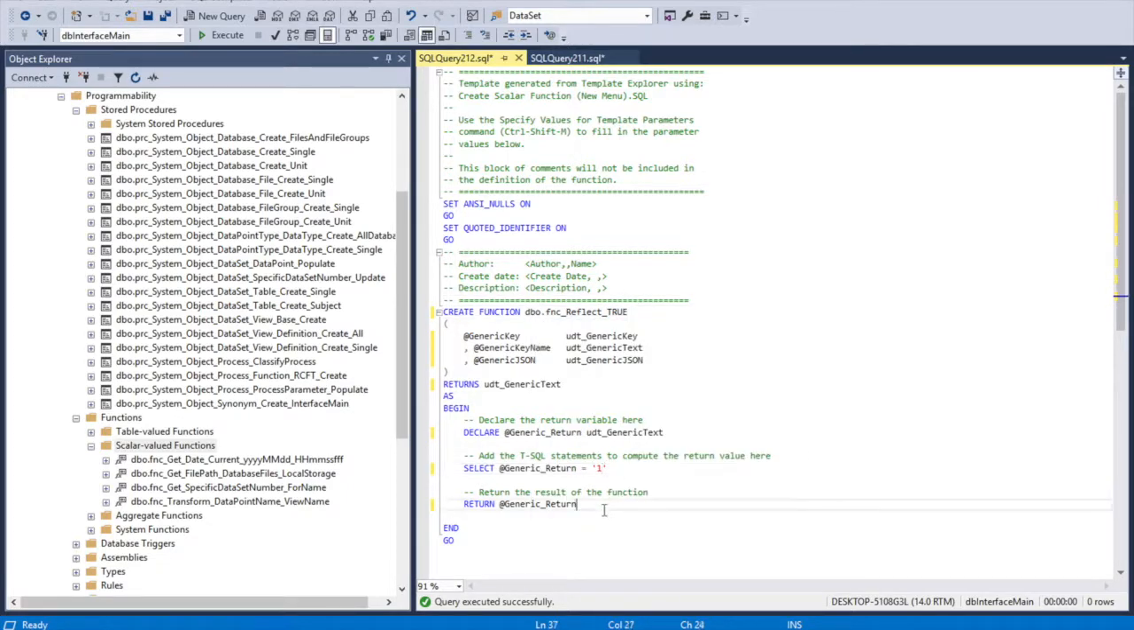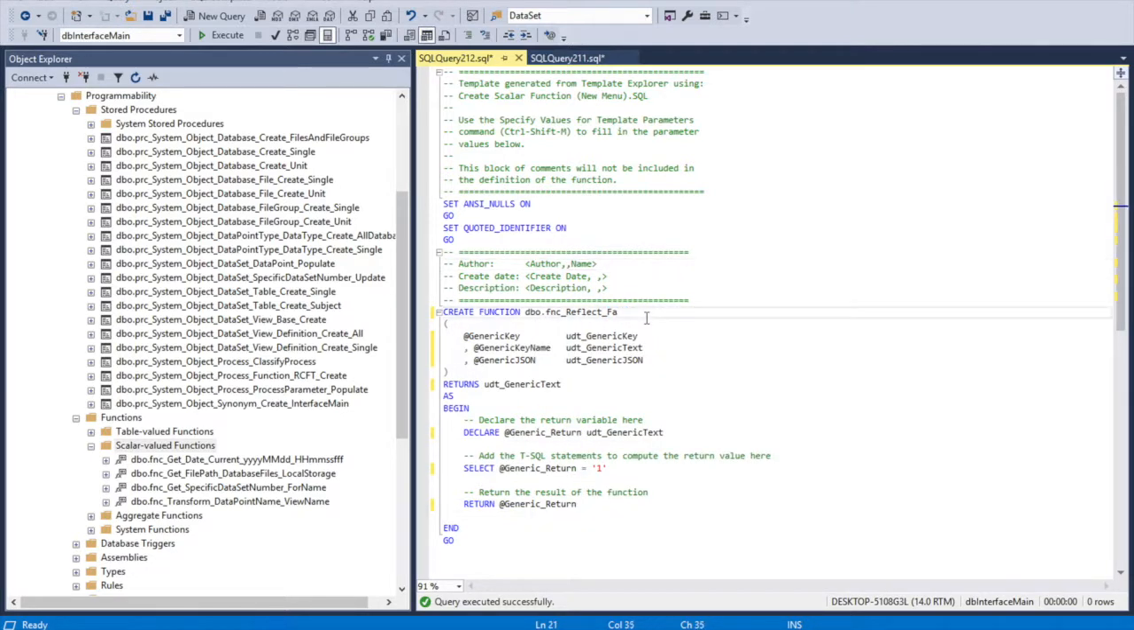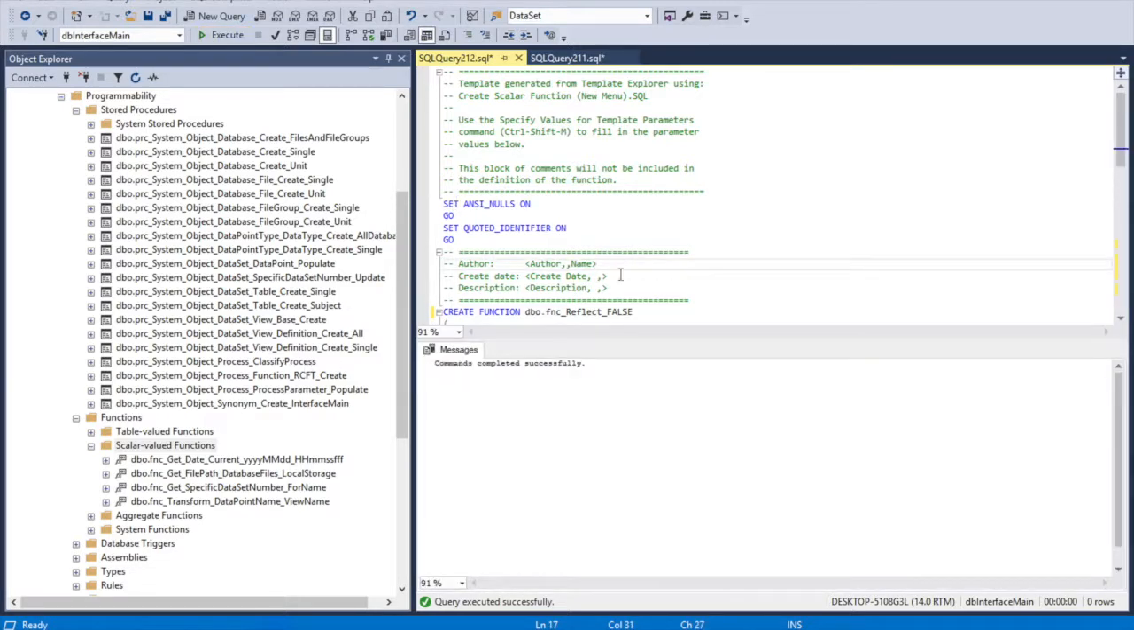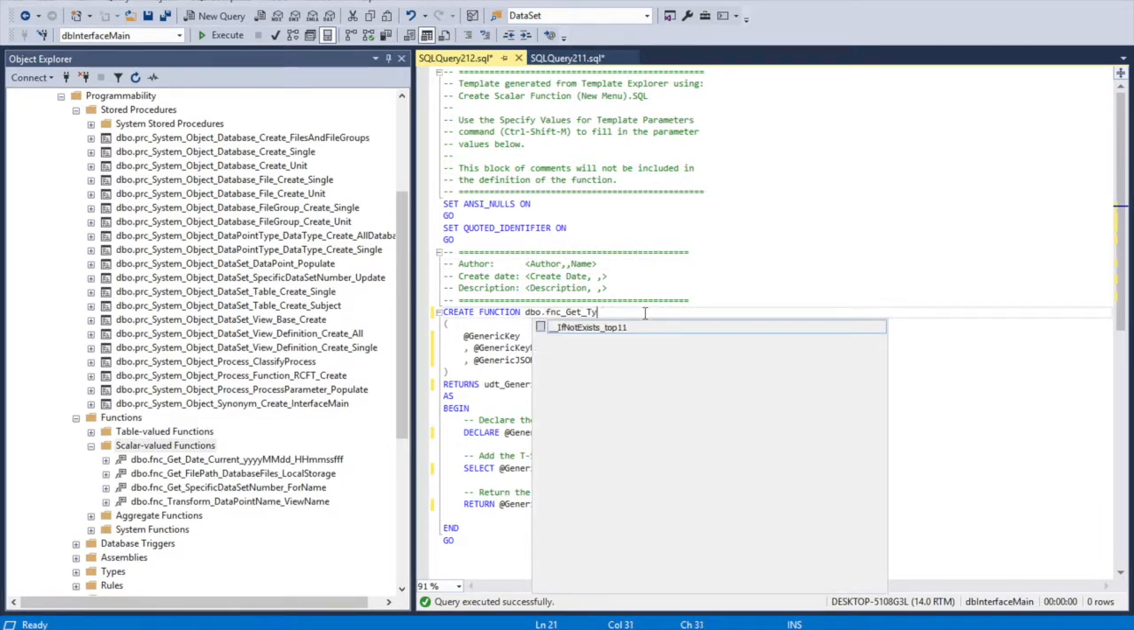and basically just replace null with true and null with 1. Save it, do it again for false. Actually, it should be capitalized, and replace 1 with 0. Save it. And the last one is we're going to kind of recreate a function where it'll be get specific dataset number,